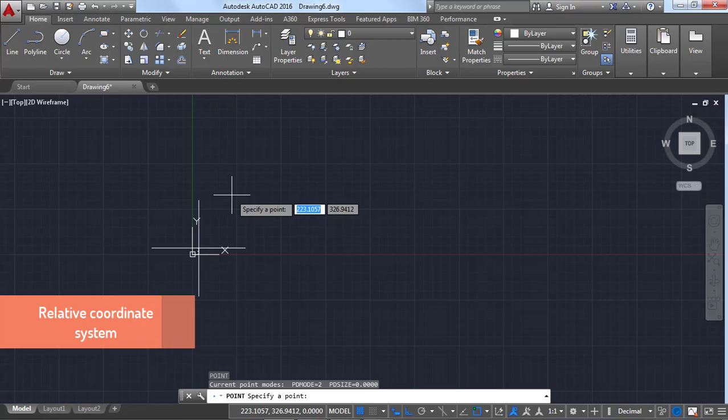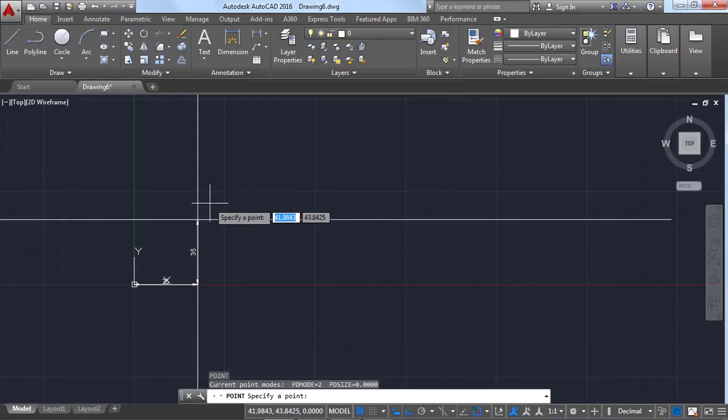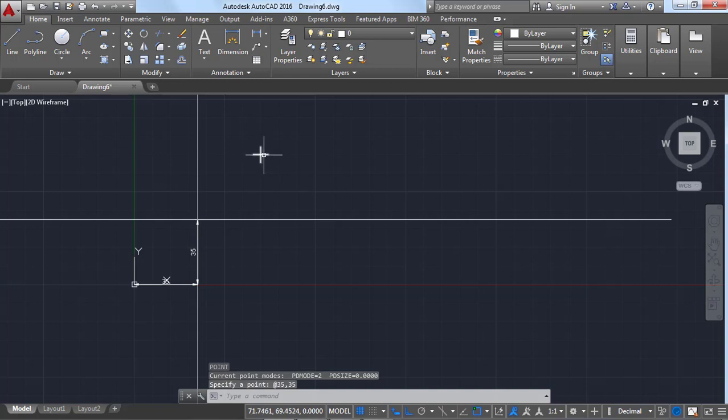Now I am giving the coordinates with reference to the previous point, not from the origin. How can we give the coordinates with reference to the previous point? You need to enter the @ symbol, and after that give the coordinates. I am giving 35 units in the x direction, comma, and 35 units in the y direction. Click on Enter so that a point is created with reference to the previous point.